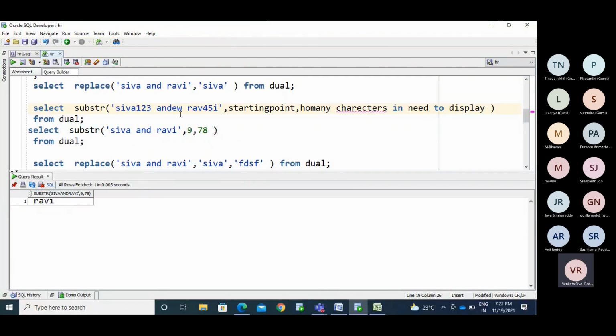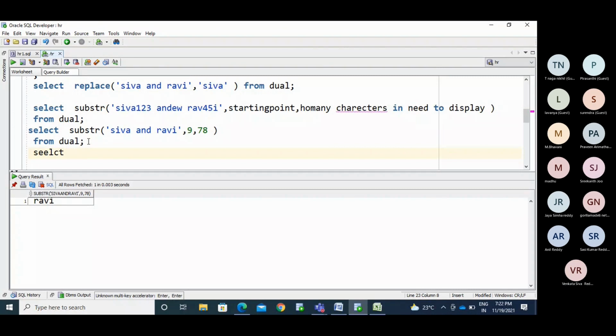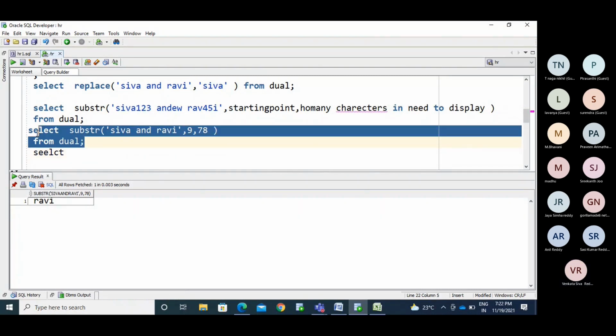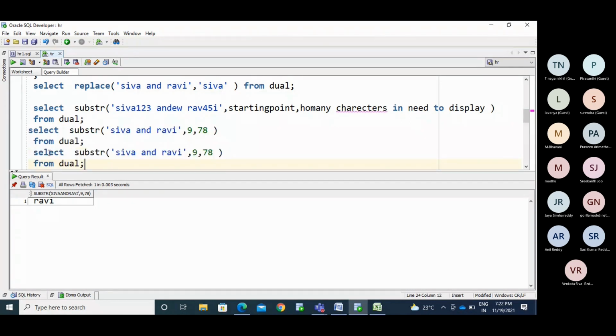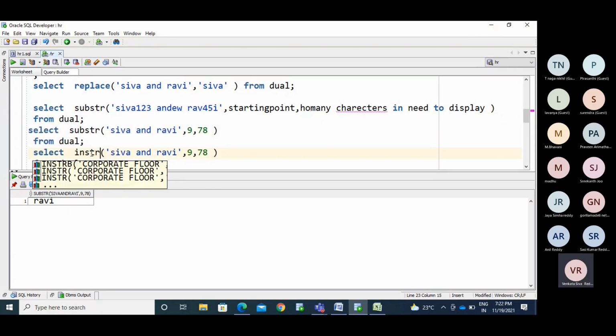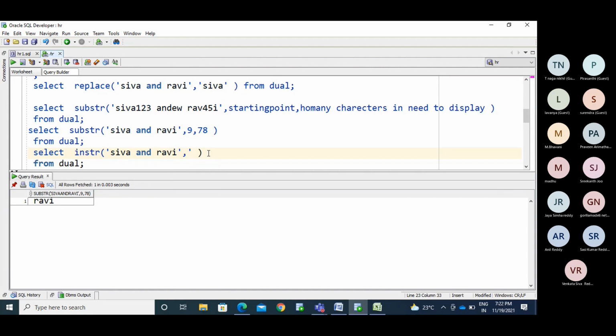See, we have another function here, the INSTR function, string INSTR. In this, I am mentioning A, so I need to find out in which position A is.